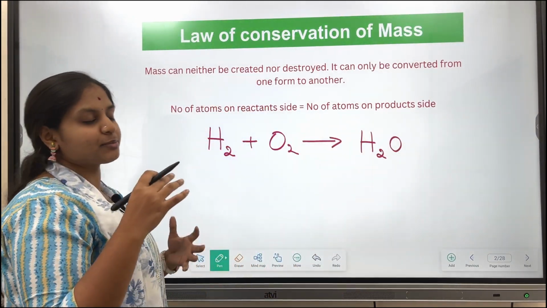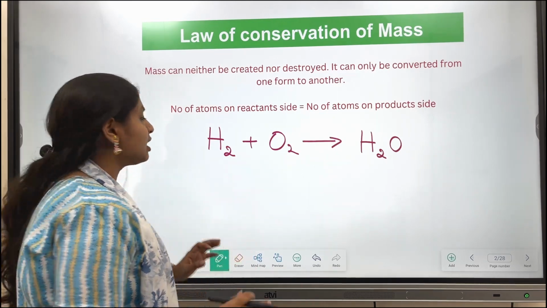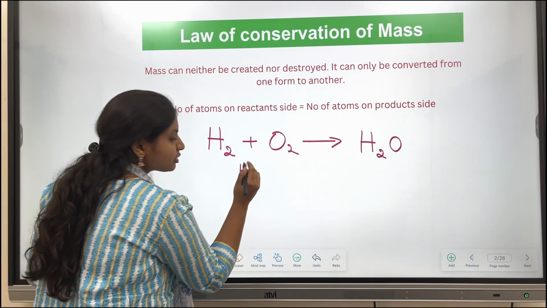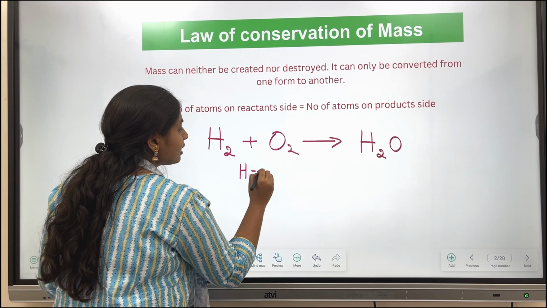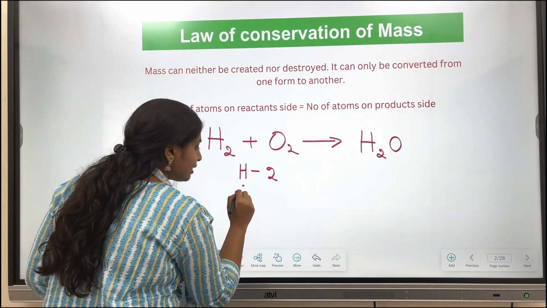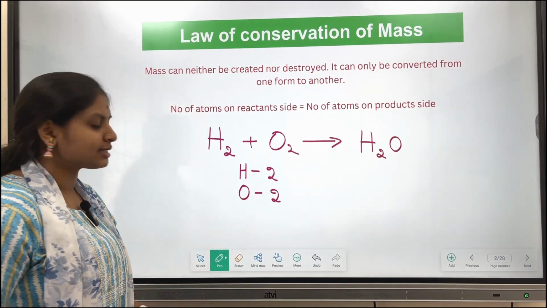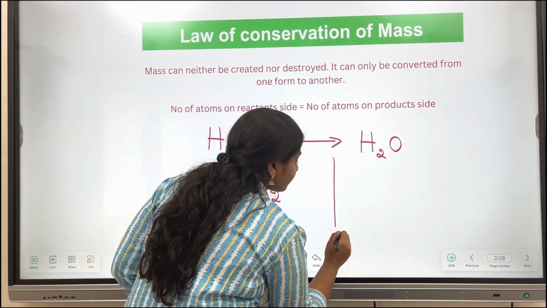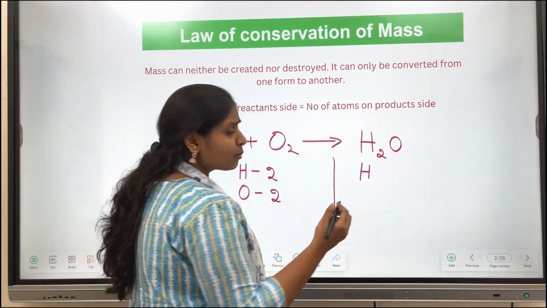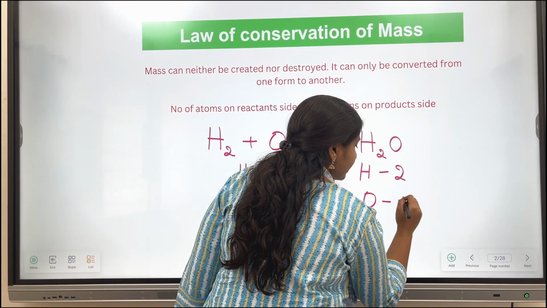Before balancing, the first step is to write the number of atoms. So we'll write the number of atoms on the reactant side. Here hydrogen is one element and the number of atoms is 2. And here oxygen is one element and the number of atoms is 2. We wrote it for the reactant side. Very similarly, let's write it for the product side. Here hydrogen is one element, the number of atoms is 2, and oxygen is one element and the number of